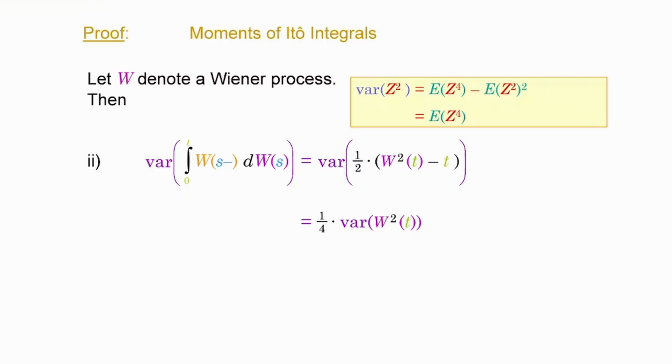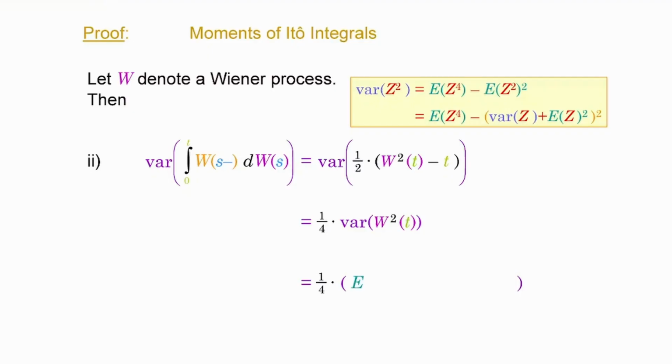So I'm taking the fourth moment, and then you have minus, in this case, the square, because it is squared here outside, so you have just that. And the expectation of z squared is the variance of z plus the square of the expectation of z. All right, so that is a formula which I have also used when addressing quadratic variations of Wiener processes. I will highly recommend you to do that. And in addition, so 1/4 times the variance of that. You're going to see this later on.